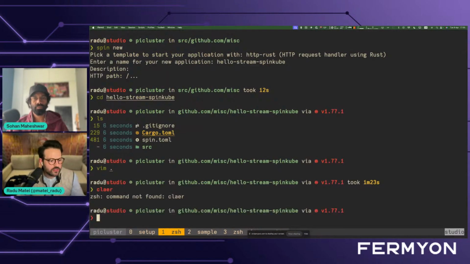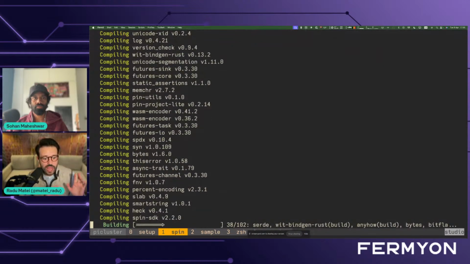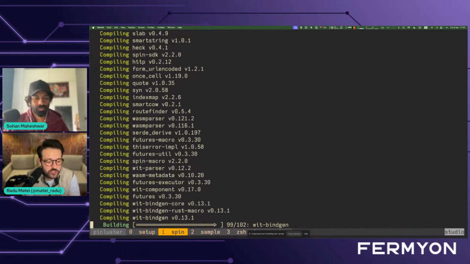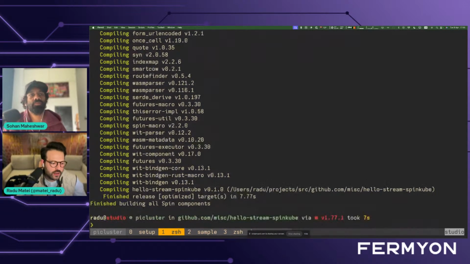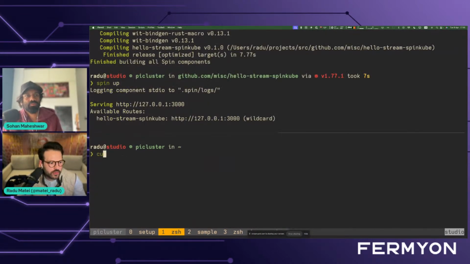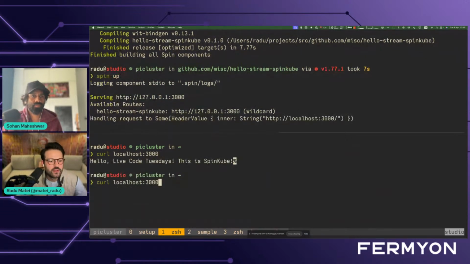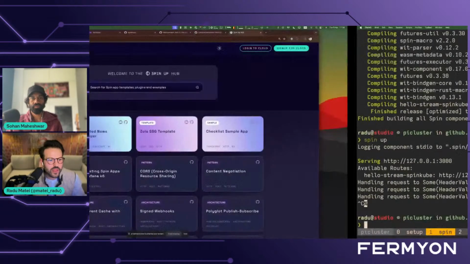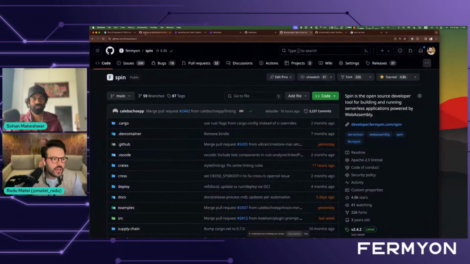But at this point, you can do spin build to actually generate the WebAssembly component that my app manifest is pointing to. And then just to test that everything is working properly, I can do a spin up. And this is the app that we just built. Main question: someone configured SpinKube for me in a cluster. How do I go from this to deploying that application on SpinKube? Well, we have the answer for you, and that is